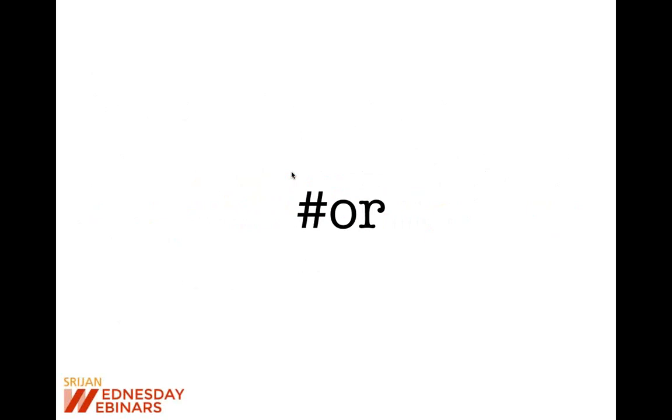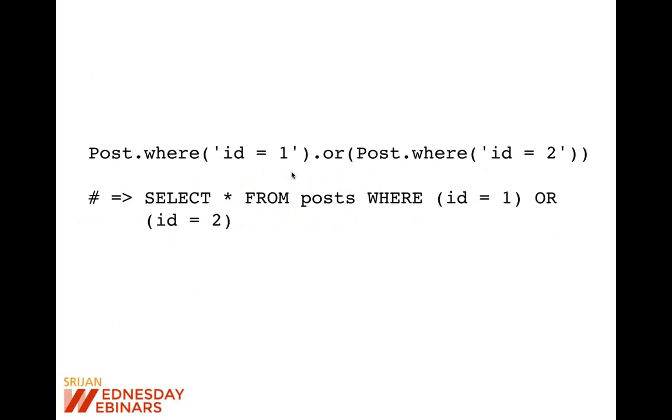The other good thing, according to me, which is related to querying the records, is ActiveRecord relation OR. We know that if we use the where command like Post.where(something).where(something), by default it generates a query with an AND clause. But sometimes we do want a query with an OR clause. In previous Rails versions, we had to write the raw SQL by hand, or we had to use Arel to achieve this. But in Rails 5, we can just use the command .or, and pass another subquery, so that Rails will generate a proper query with OR clauses.